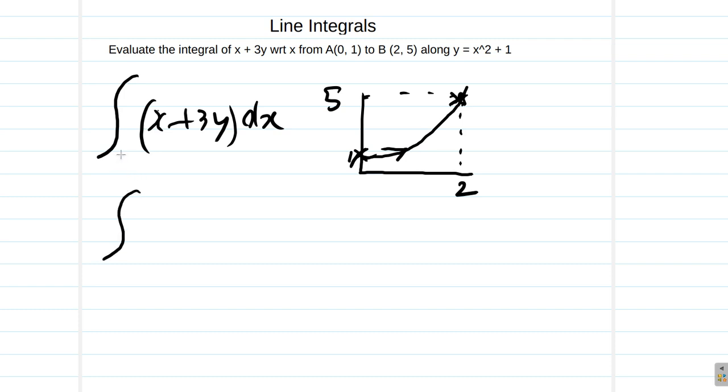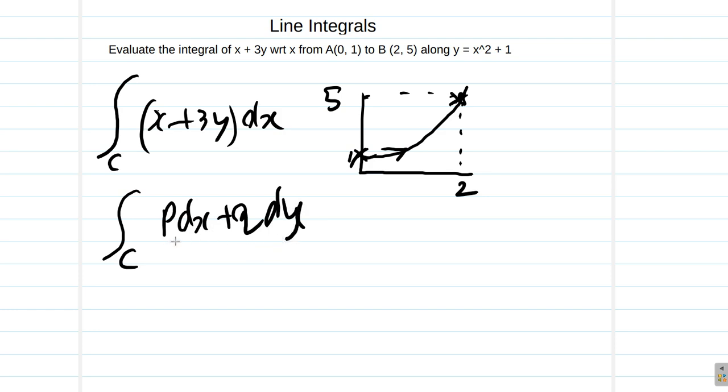I put AB here, but I could very well also have put C, since I know it is already from A to B. Generally, the integral along a curve C is equal to P dx plus Q dy,